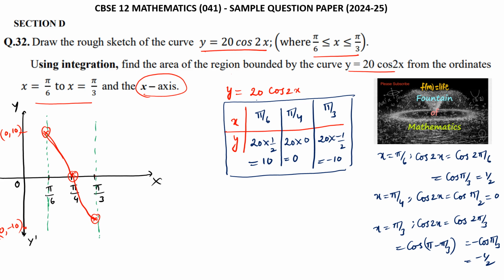And now the area of the region bounded by this curve from x is equal to pi by 6 to pi by 3 and x-axis we can consider. So this is the required region. So from pi by 6 to pi by 4 we are in the positive direction of y-axis, and pi by 4 to pi by 3 it is in the negative direction, negative of y. So we need to write the area required